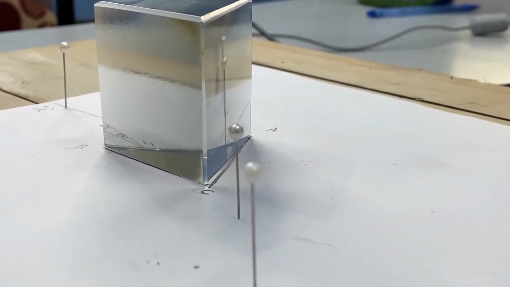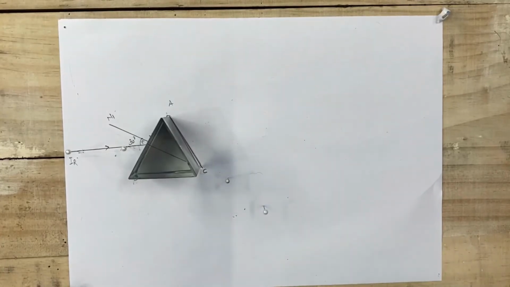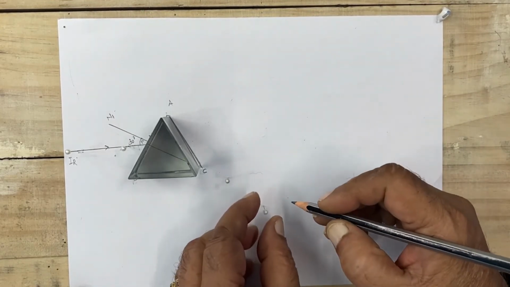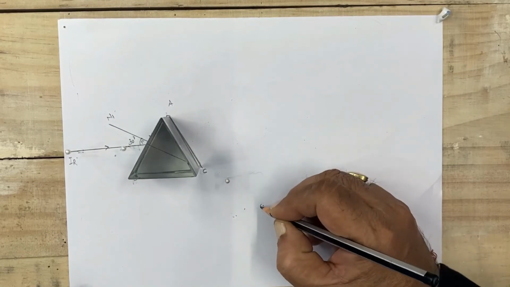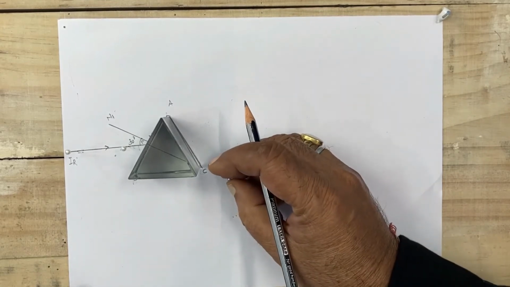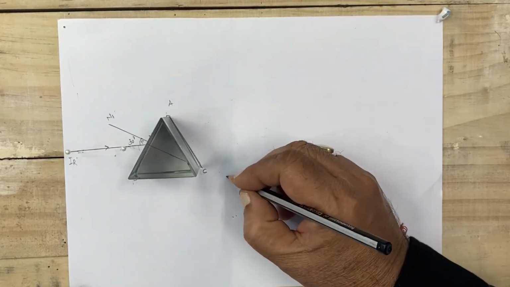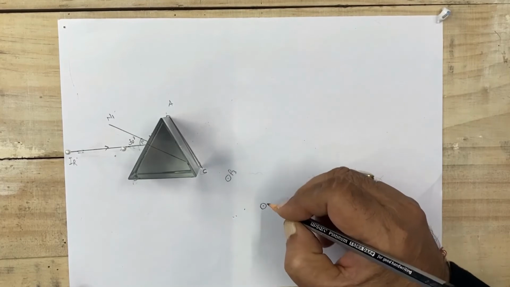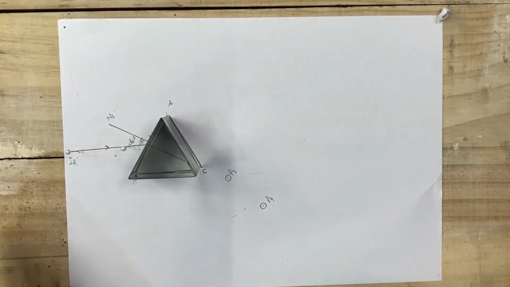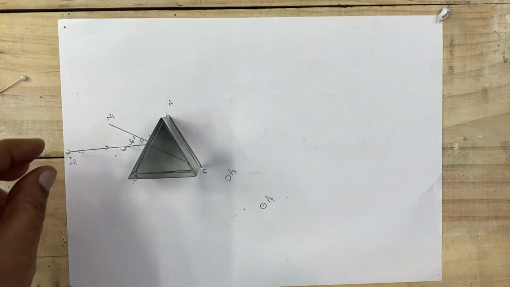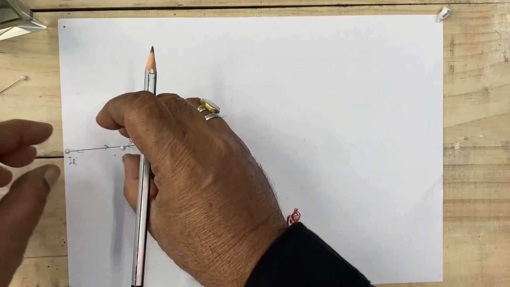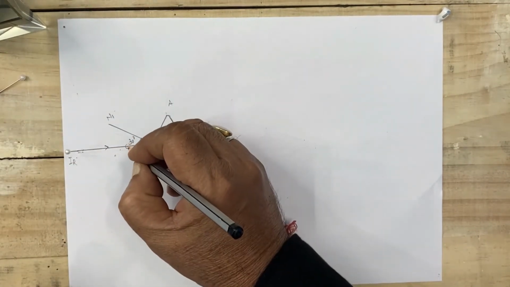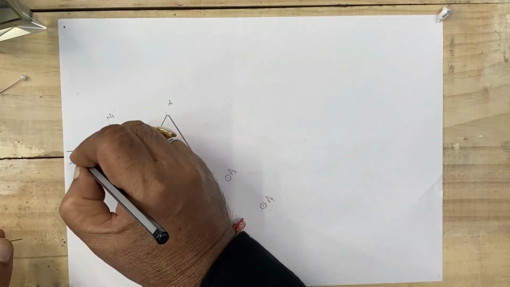Now, let's go to the next point. So now we shall remove pins P3 and P4. We remove P3 and P4 and make a circle at their points here. Okay, so this is the point where it was fixed. We made a circle, and in the same way we made a circle at this point. This is P3 and this is P4. Okay. Now we placed it here, and now we can remove the prism also. The prism is kept here. In the same way it is removed, and we made a circle here and it is removed.